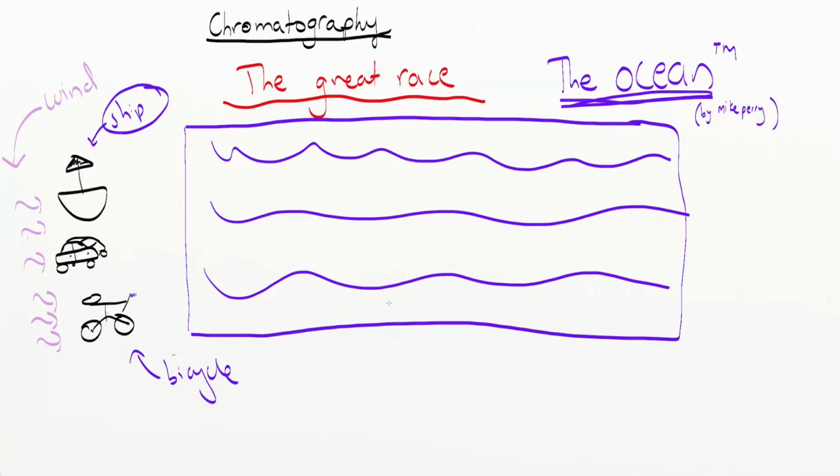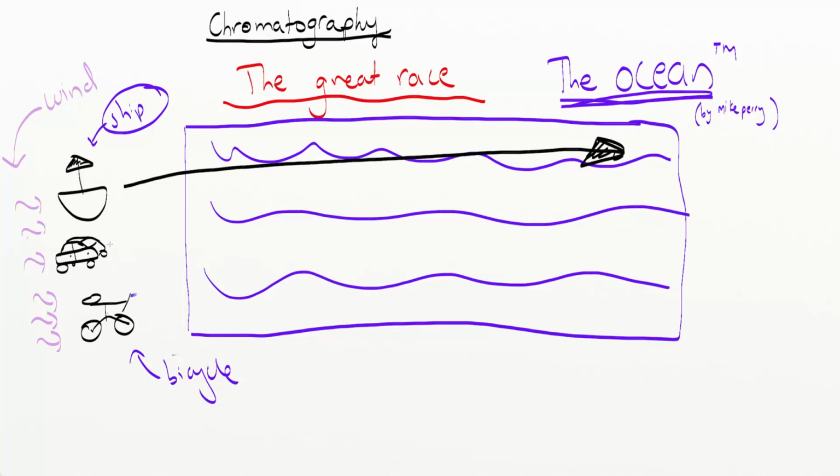Over here, we replace the road with the ocean. This time, let's think about it. And I know that you're going to have to stretch your imagination a little bit, but just bear with me for the sake of the principle. We've got a ship here, and the ship has low affinity, so low friction, to the water. So that means that when the wind blows here, the ship can go really far because it floats on the